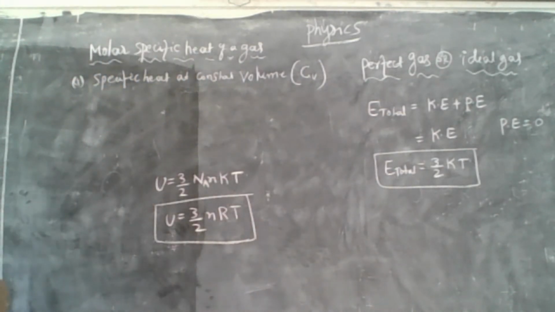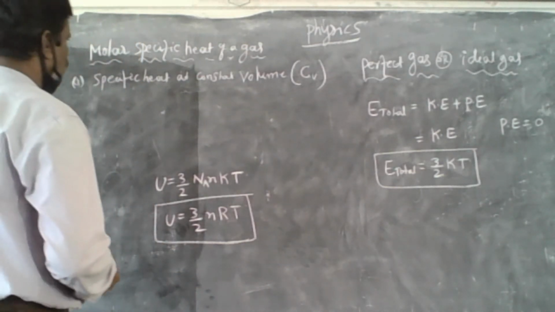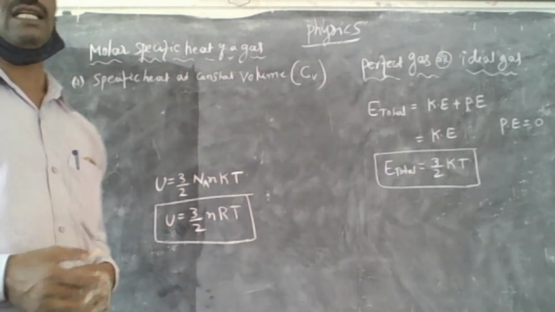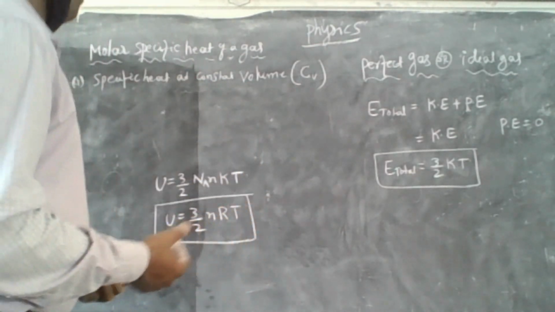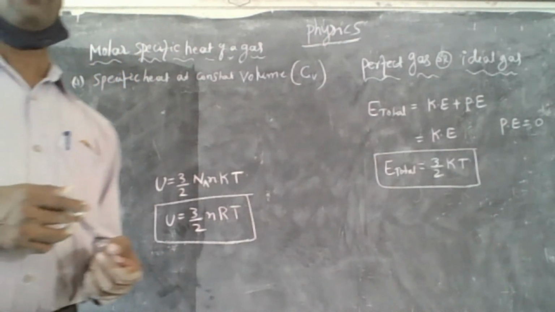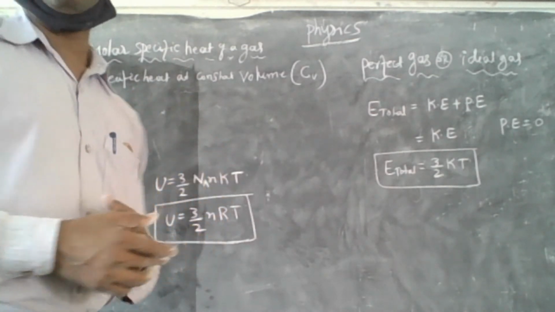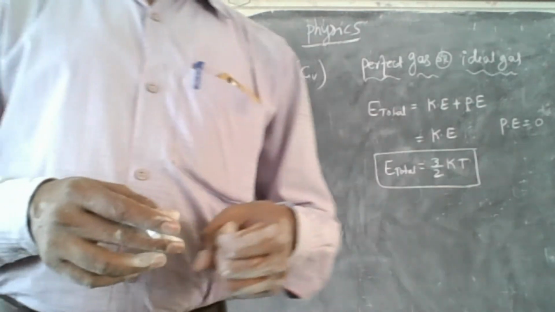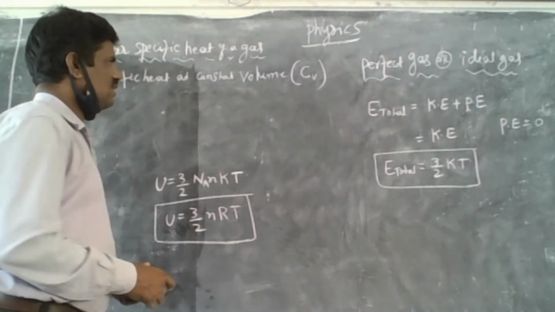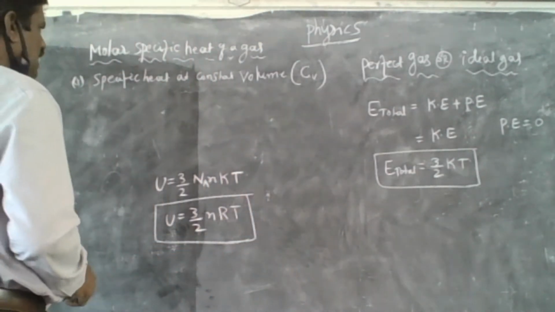Here the gas has two specific heats: one is specific heat at constant volume and the other is specific heat at constant pressure. What do you mean by CV? The molar specific heat of a gas at constant volume is defined as the amount of heat energy required